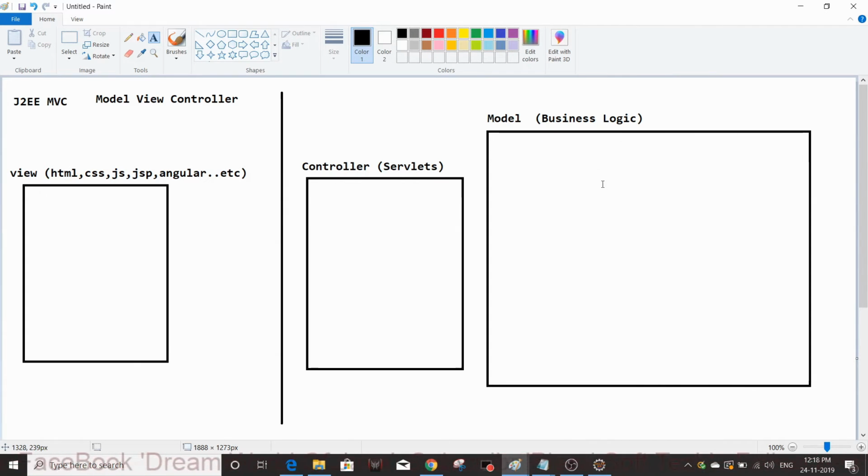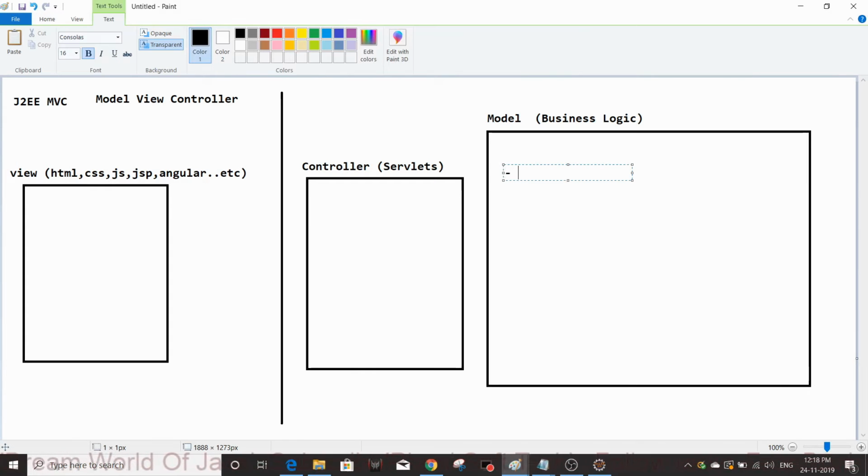The model itself we divide into two types, to organize the business logic. For example, if the model is a single class, the actual business logic is in this class, along with the database connectivity logic.